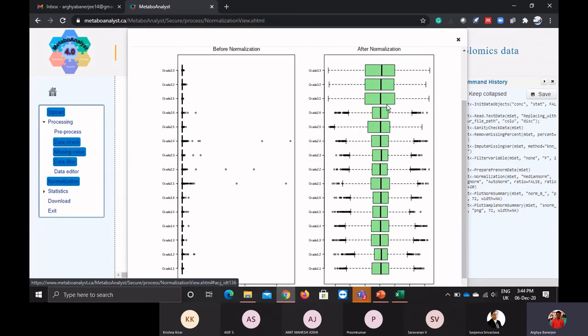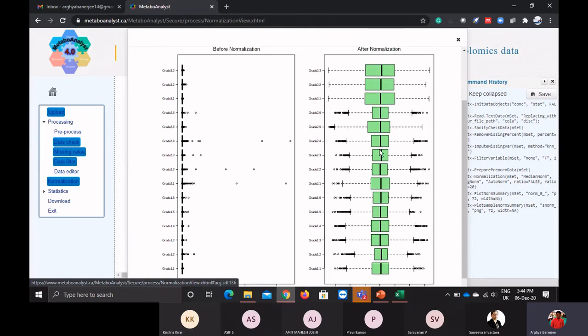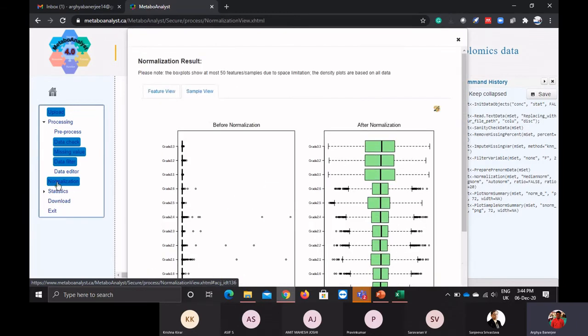This box plot is indicative of whether, irrespective of my samples coming from grade 3, grade 2, grade 1, all are normalized. All medians are at a median normalization. All medians are located at a single origin. So now this data is good and we can proceed.